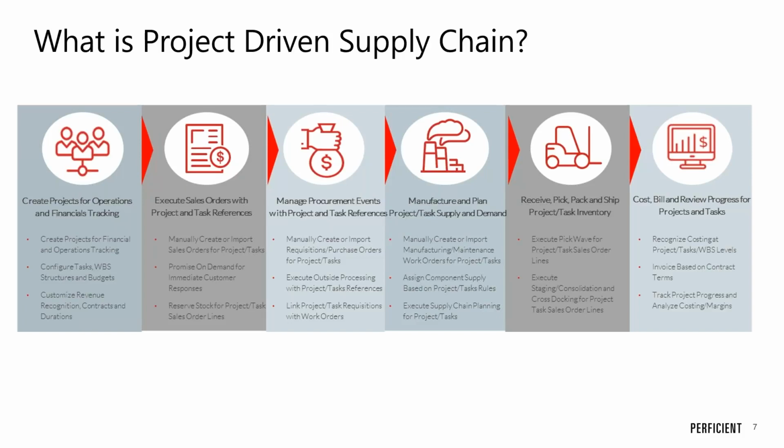So what is project-driven supply chain, right? I mean, it seems like a very broad term, so I'm just going to briefly cover what it implies. Essentially, for companies that have these big OpEx and CapEx type projects, right? Typically being able to track them from inception and that kind of budgeting phase to configuring those tasks and all of the expenditures associated with the project, and then the transition into the execution of the project from a supply chain perspective is typically a very clunky process. There's multiple systems, multiple even offline type processes that are involved in not just setting up these projects, but also keeping track of them,